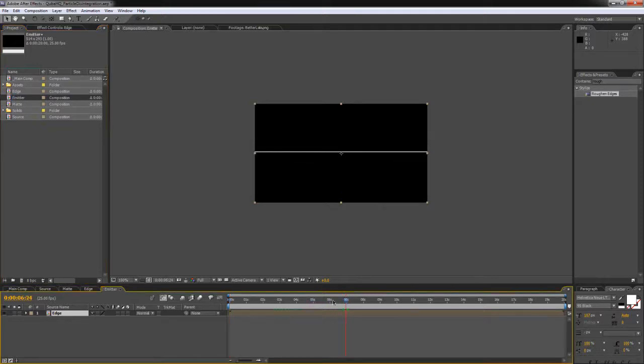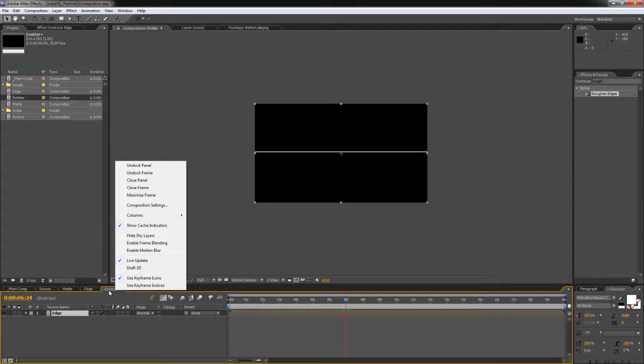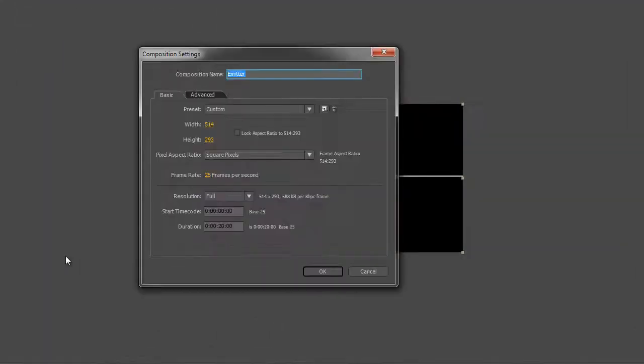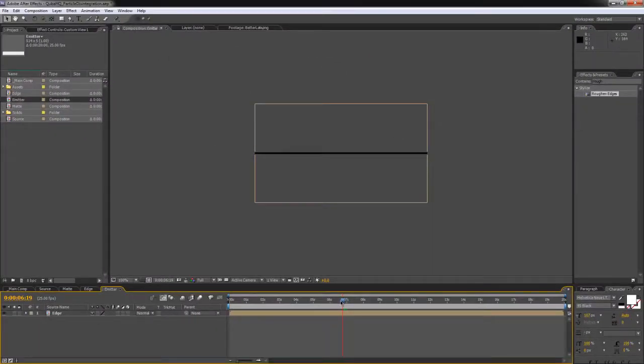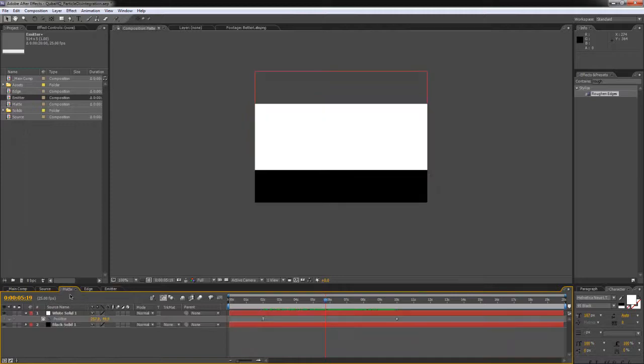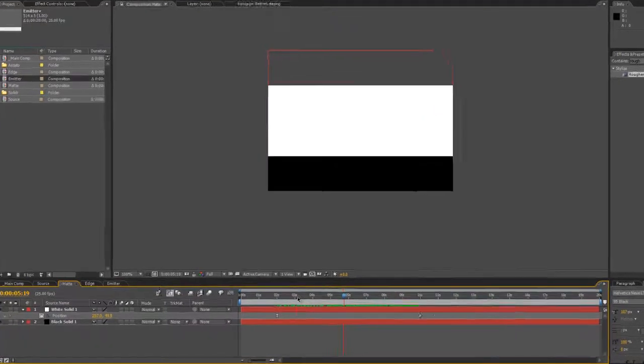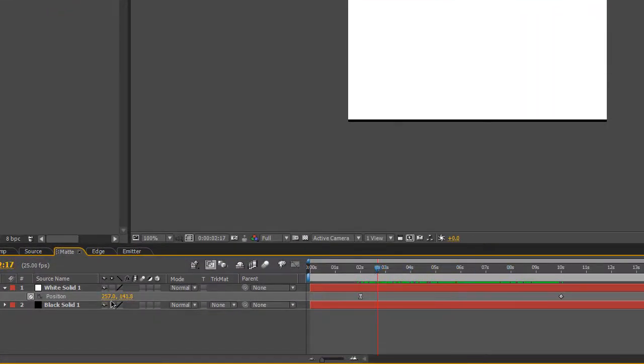Right now, what I need to do is resize the emitter. Let's go to composition settings and switch the height from nearly 300 pixels into just 5. And you can see that right now it may become a bit hard to find this white line as it travels through, and keyframing it by hand could be a real pain. So I'm going to go back all the way to matte, where I have my position keyframes, copy them,